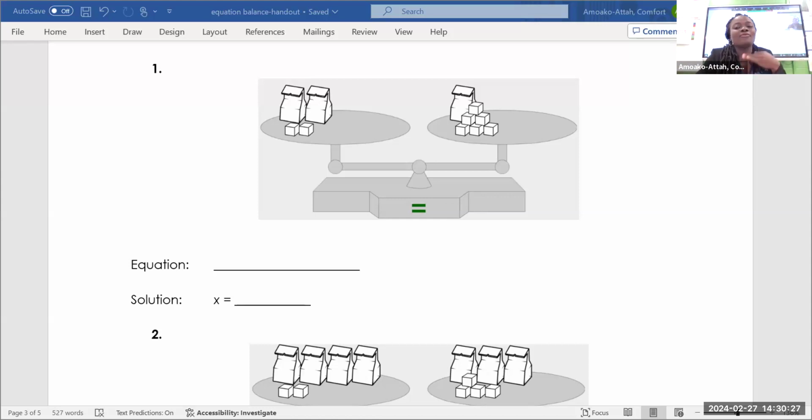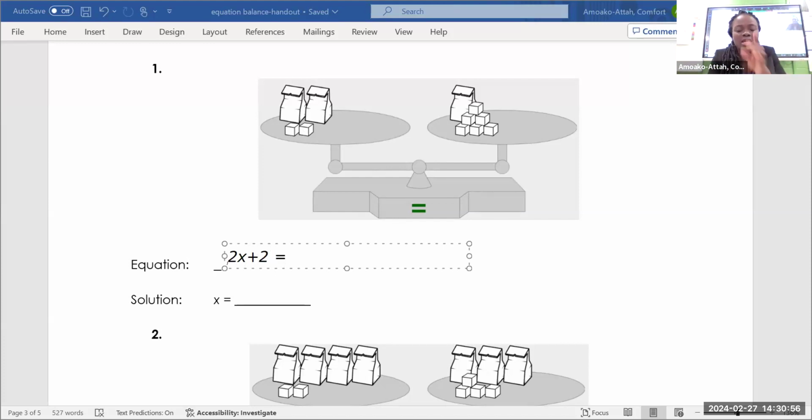So now, since I have already introduced how to write the equations using the model, someone should help me with the first equation. So the first equation, again, how many bags do you see? I see 2 bags, and I hope you guys too can see 2 bags, right? So I see 2 bags making 2x. How many blocks do you see? So plus 2, right? Equals